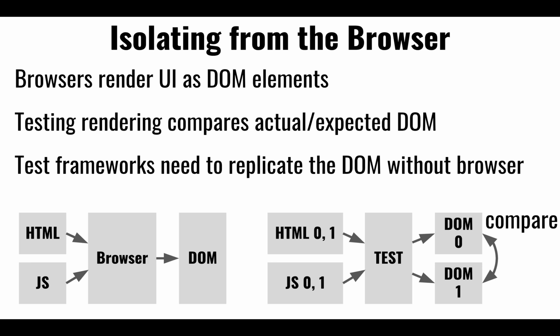So isolating the browser entails looking at the rendering engine that the browser provides, right? That parses the HTML, parses the JavaScript, does some magic, and then generates an object representation of running that JavaScript on that particular HTML. And we need to be able to remove this browser and exercise this HTML and this JavaScript, and generate an equivalent DOM, right? An equivalent DOM that we can maybe use as a base